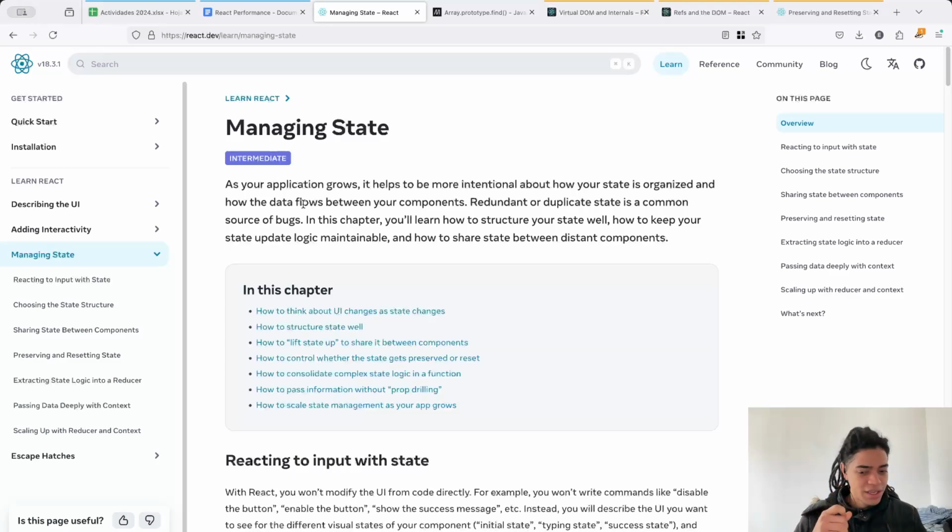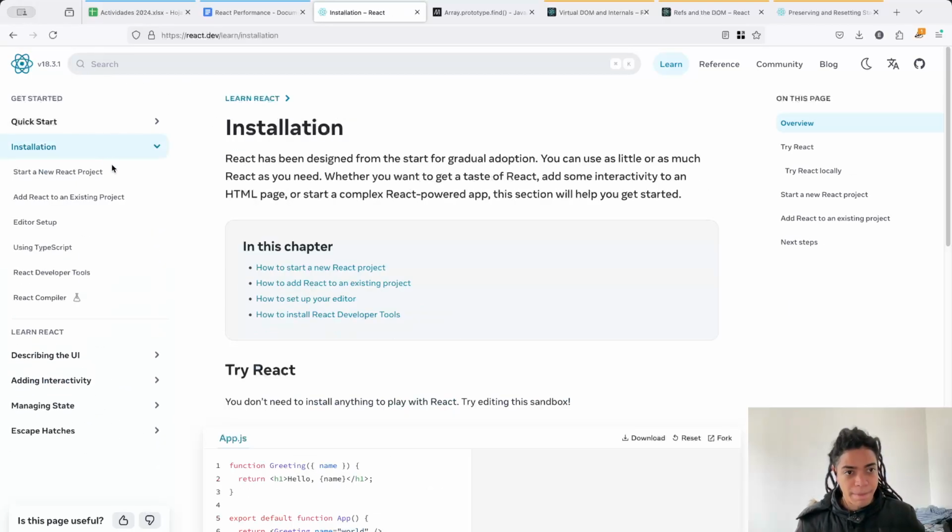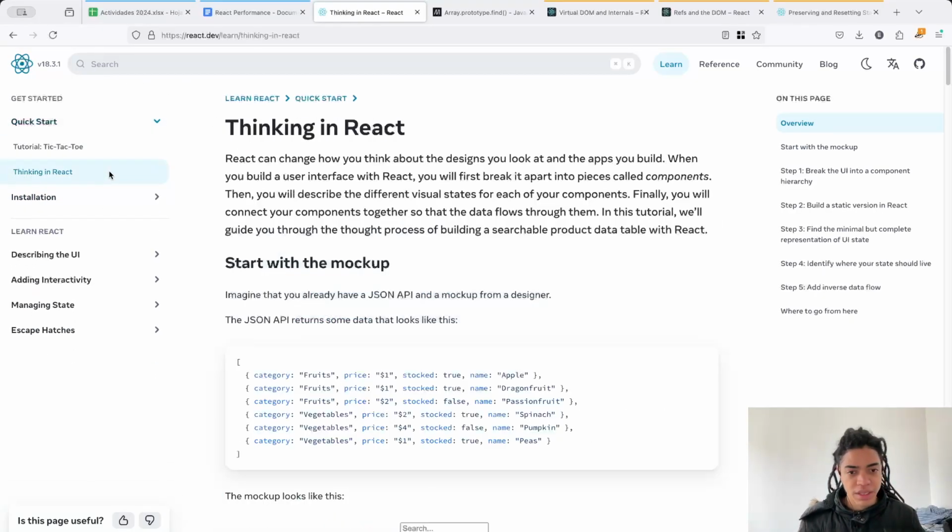But in any case, so, reacting to input with state, okay? And now how can we think in terms of all of the different visual states that this component can be and must have? So for example, thinking in React here,